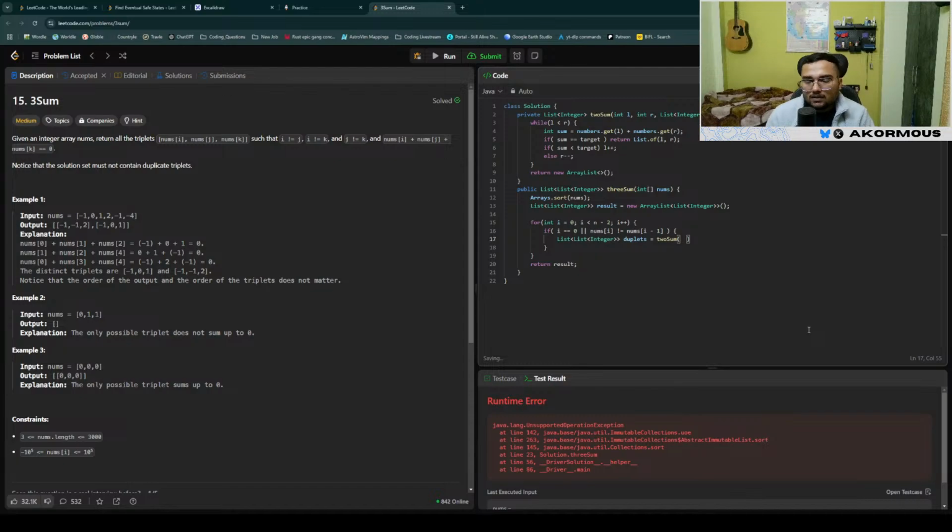Right? This will be I plus 1, nums dot length minus 1, and 0 minus nums of I. Then for list of integer in duplets, result dot add Arrays dot asList